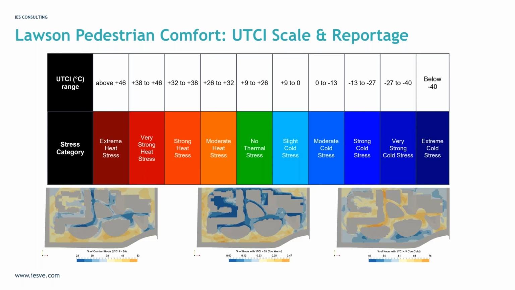For example, on a cold winter's day, the temperature might be close to 3 or 4 degrees, but if it is nicely sunny and there is no wind, you would still not mind sitting outside and having a cup of coffee. Same goes for summer. You may have a heat wave where it's almost 25, 30 degrees, but if there is a slight cool breeze going on, you will still want to stay outside. So these are the kind of extremes that are covered by the thermal stress range from 9 to 26 degrees. And you would want to have a development that promotes this range.